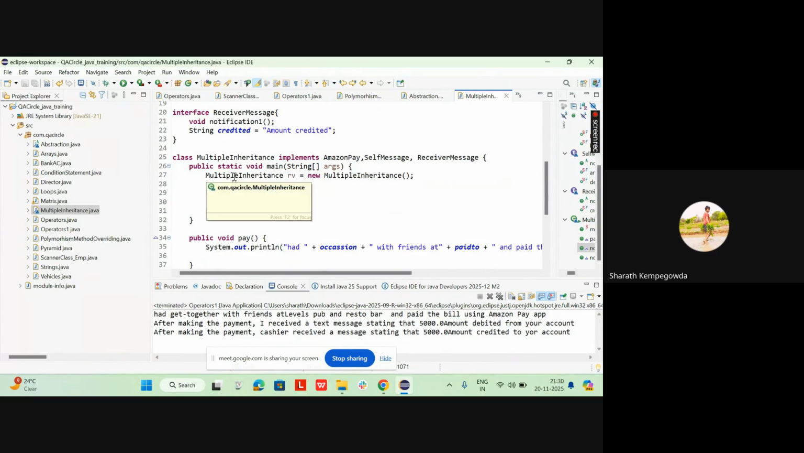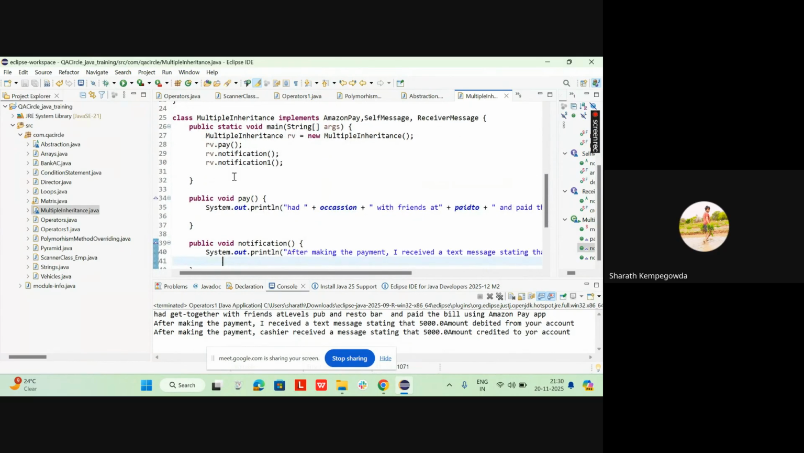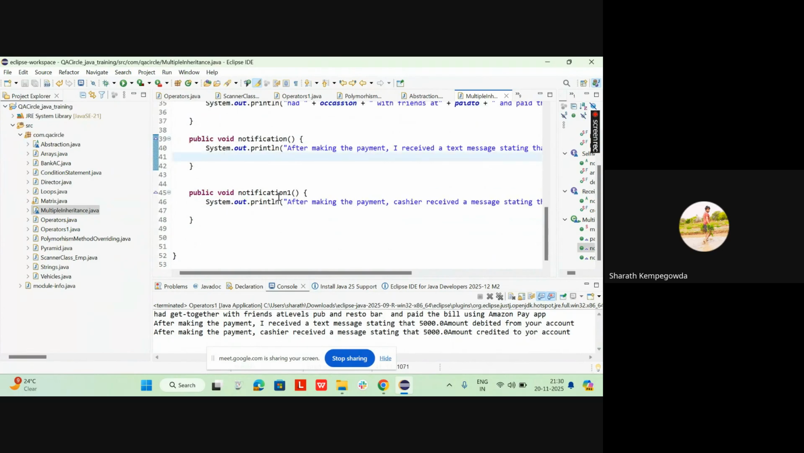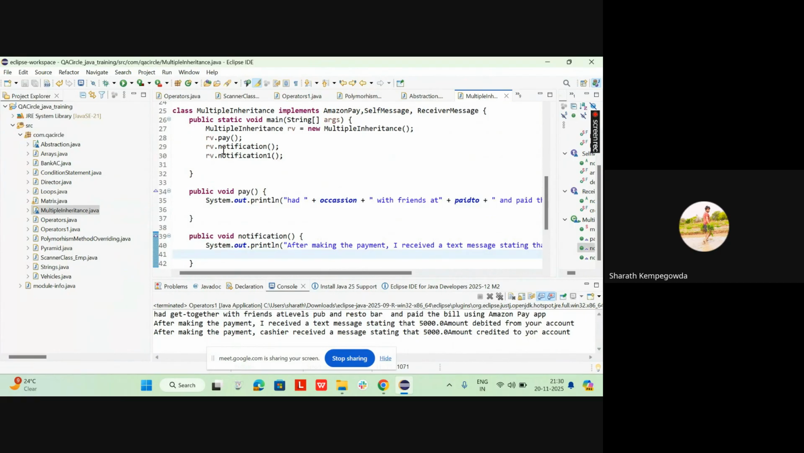So here I created a main method. After that, I created a pay method, a notification method, and a notification one method, and I'm printing the pay method and notification one method. So if I run this,